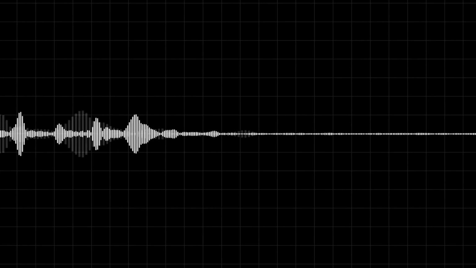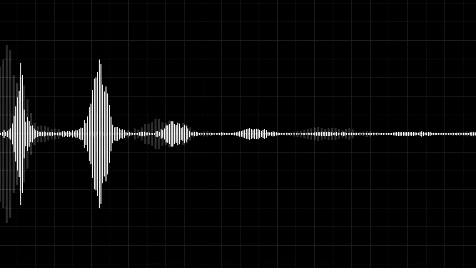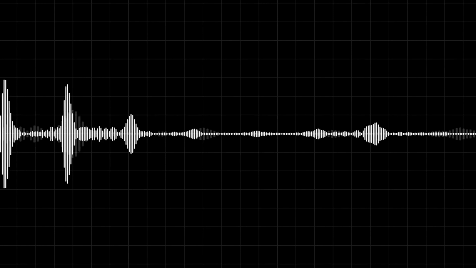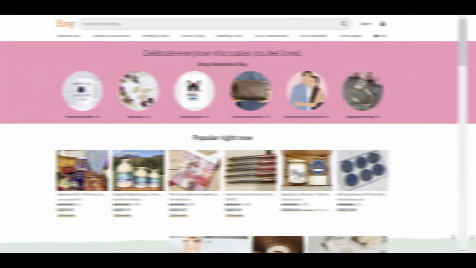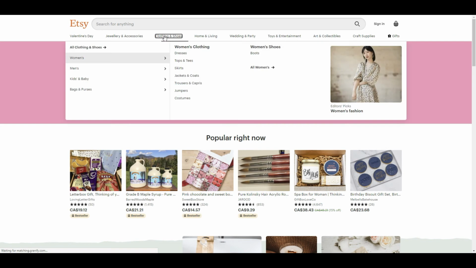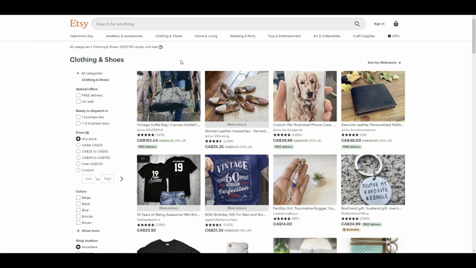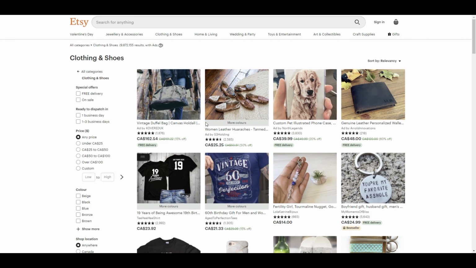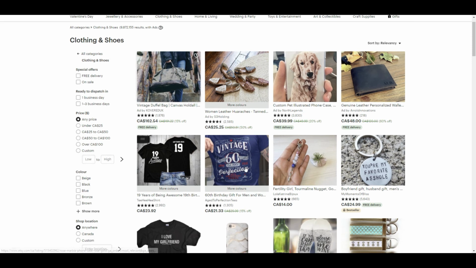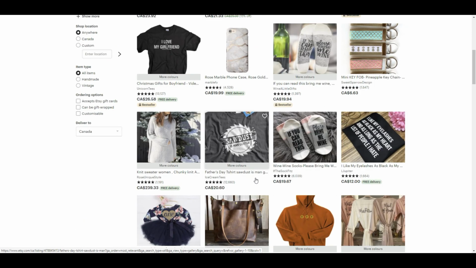if I use Printful or Printify, I link it to Shopify, Etsy, and eBay. Those are the 3 platforms that my shop is linked to. And the reason I do that is because when I upload an item to eBay or Etsy, it shows up in the auction listings, and they also advertise on other social media platforms, and there's a lot of traffic going to those 2 websites. So I don't have to worry about promoting those particular sites or the designs that are on those sites, because they already get a ton of traffic